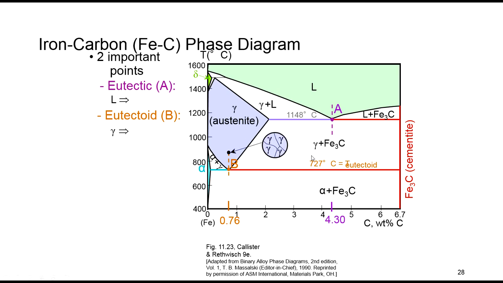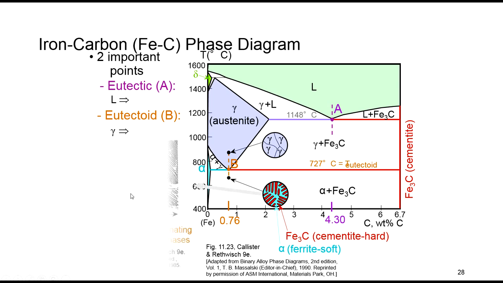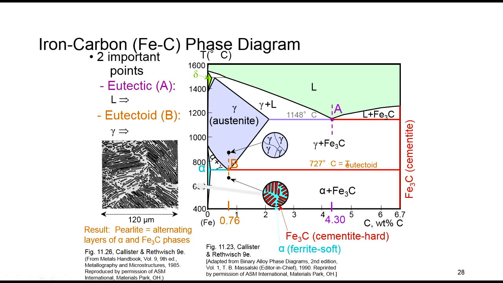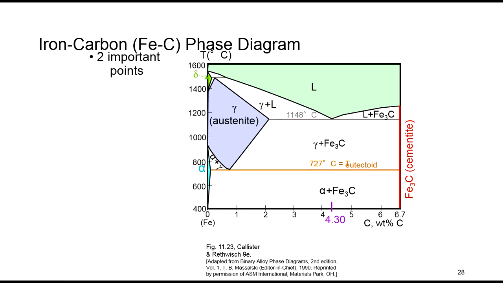Here, in the gamma phase, we have all gamma solid phase, shown in the form of grains. Upon cooling, we now have two phases: this region is the alpha phase, which is soft, known as ferrite, and we also have the cementite part, shown in the form of hard layers in red. This pattern in the microstructure, as you can see here, is called pearlite, which is alternating layers of alpha and cementite, ferrite and cementite phases. Of course, we can find the weight percent of each of these phases using the tie line. The orange line here also shows the temperature of the eutectoid point, which is 727, and this is the temperature of the eutectic point, which is